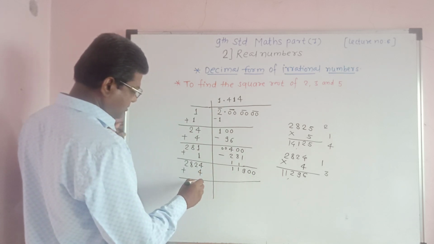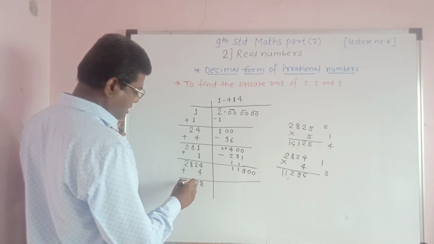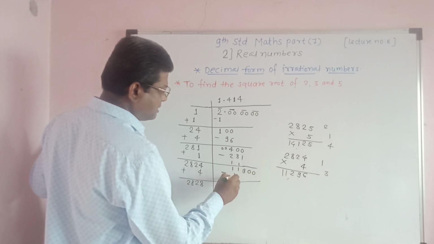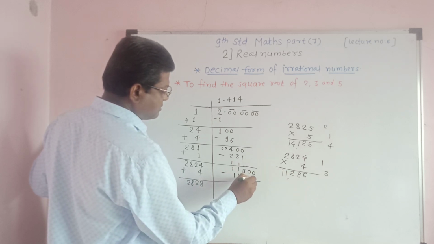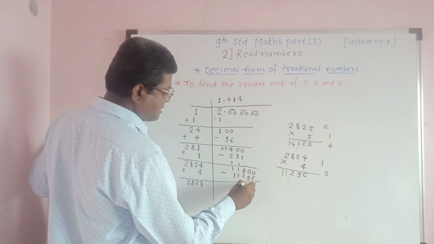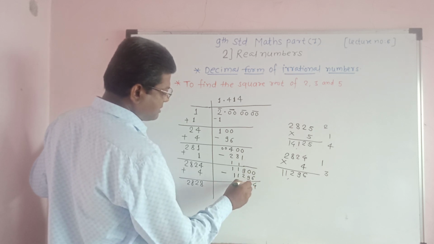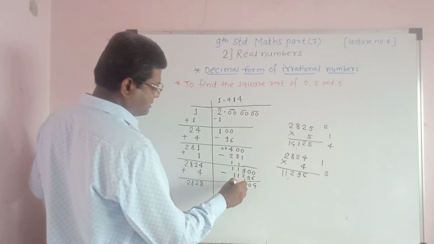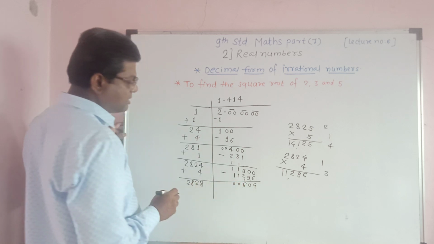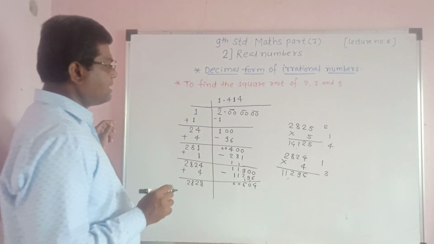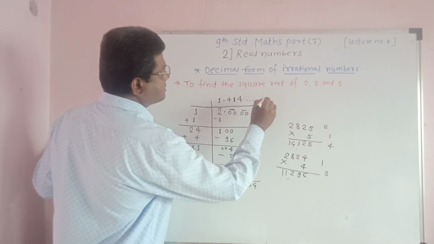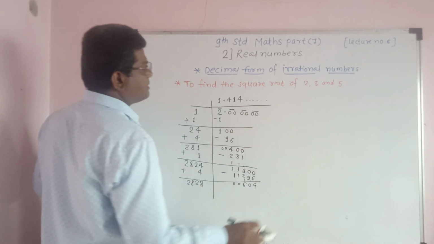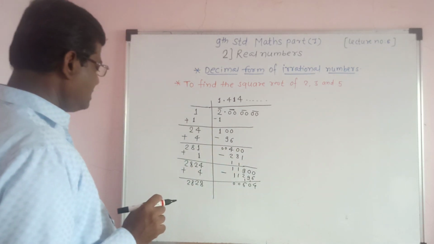So what will be here is 8, 2, 8, and we subtract this number from 11,296. 10 minus 6 is a 4, 10 minus 10 is a 0, carry 1, 9 minus 3 is a 6. So we got this number 604, and this process goes on repeating here.